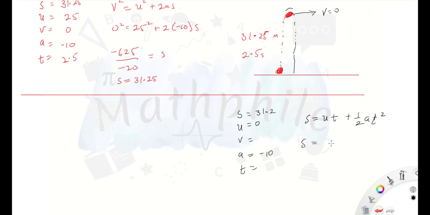So s is equal to 1 over 2, the acceleration is negative 10, and the t squared. Sorry, s is 31.25. So that's 1.25 t squared. So 31.25 divided by,